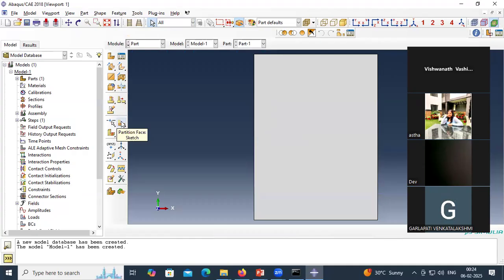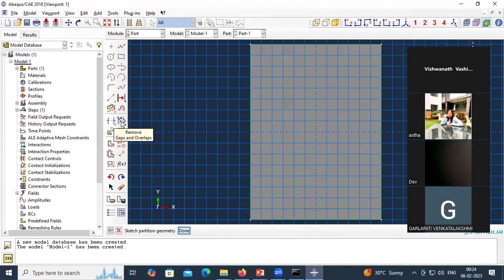Then I'll come to this. It's called partition face sketch. I'll click on this. Now I will introduce the crack. I'm using this icon next to the plus. This is create lines. So let us say our crack is over here till here. The crack is just a line created initially, and now I'm going to create a circle at this point. If I click on this and simply drag my mouse freely, it will automatically increase and decrease the radius of the circle. This is in order to create the J integral,